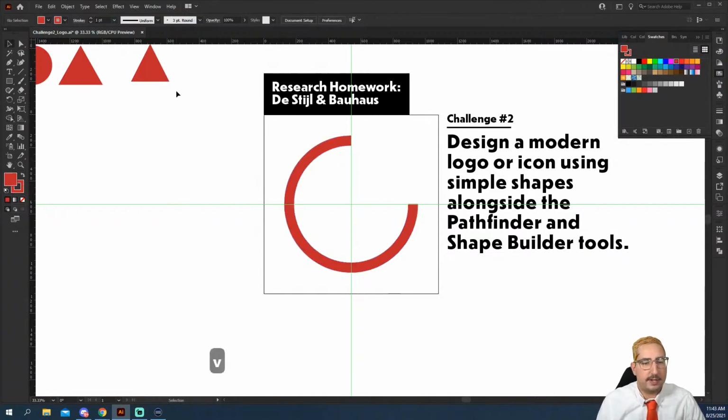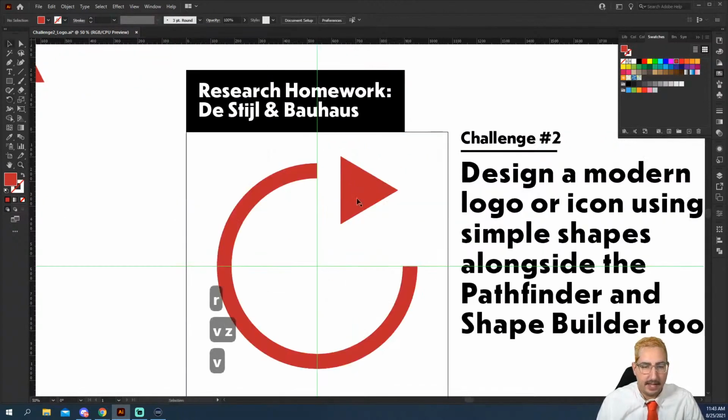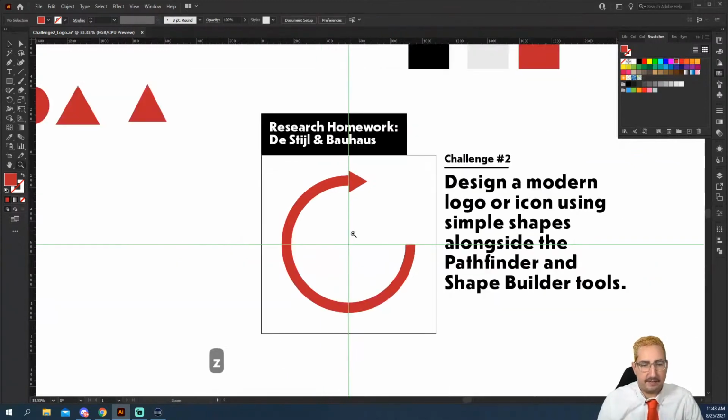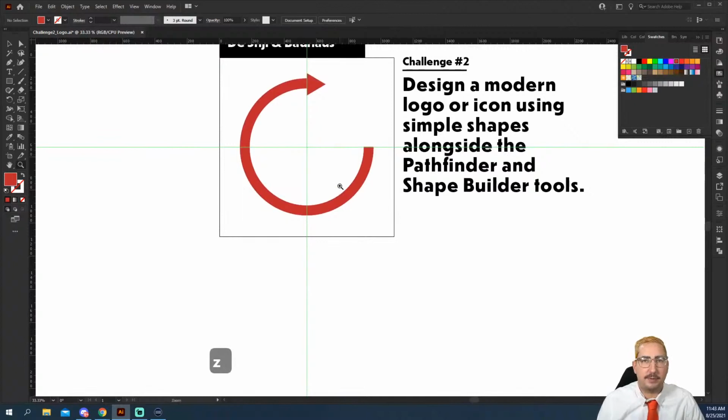So now I'm going to create my little timekeeper here, and I'm actually just going to grab this triangle over here, and I'm going to hold Alt or Option. You can see that it goes to two little arrows. So we have a black arrow and a white arrow, and that means it's going to make a copy of that. Now I'm going to rotate that and bring it up here to kind of lock in with this. We're going to scale this down just a little bit by grabbing those anchor points. And there we go. So we have a nice little time travel backwards.